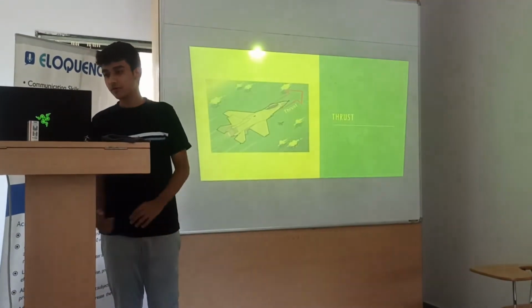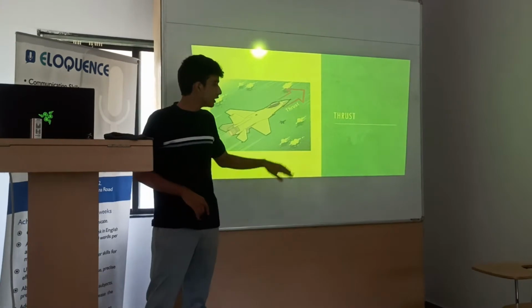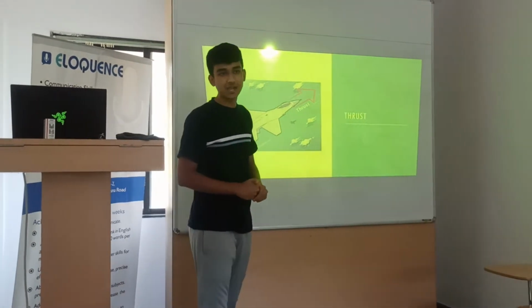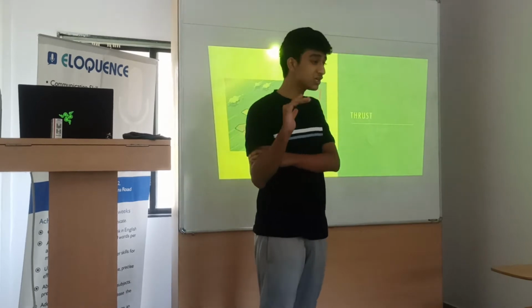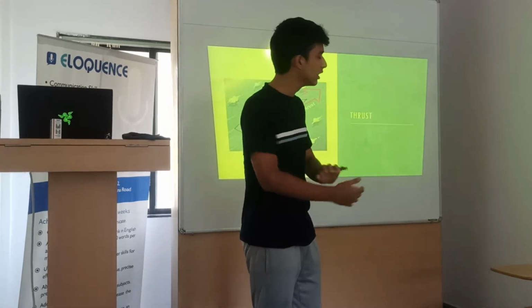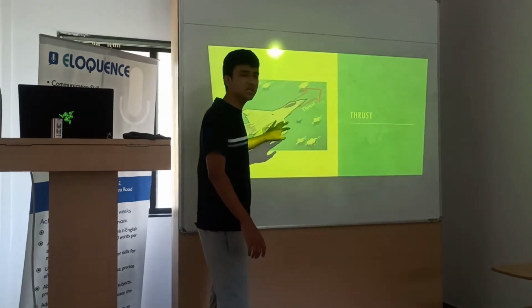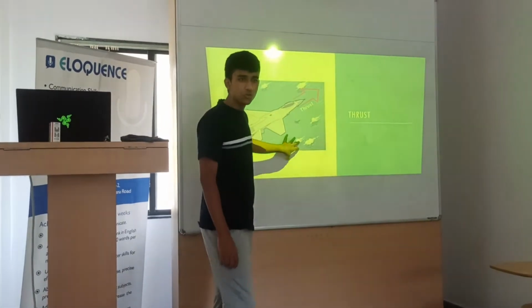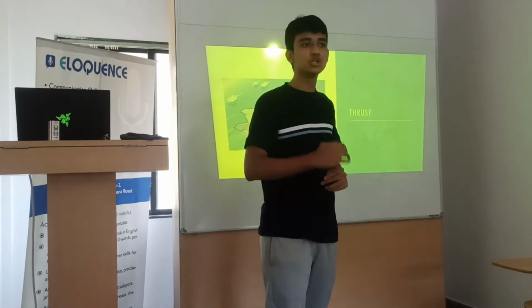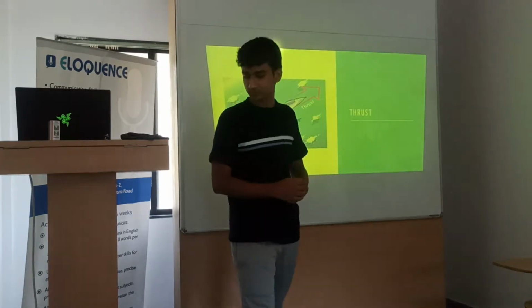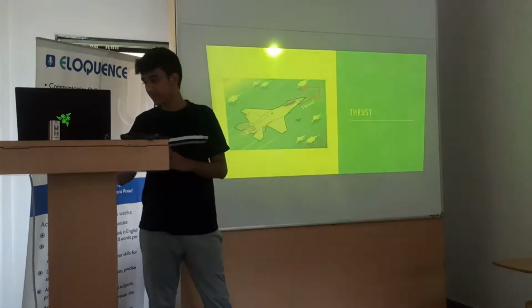And the fourth one is thrust. Now, thrust is basically the opposite of drag. If drag is pushing the object backwards, opposite to the motion, thrust pushes it towards the motion. Now, this is a concept which is mainly used in aircraft and jets, where the basic fundamental principle is that the thrust has to overcome the drag to ensure the plane can fly, or the aircraft can zoom ahead.